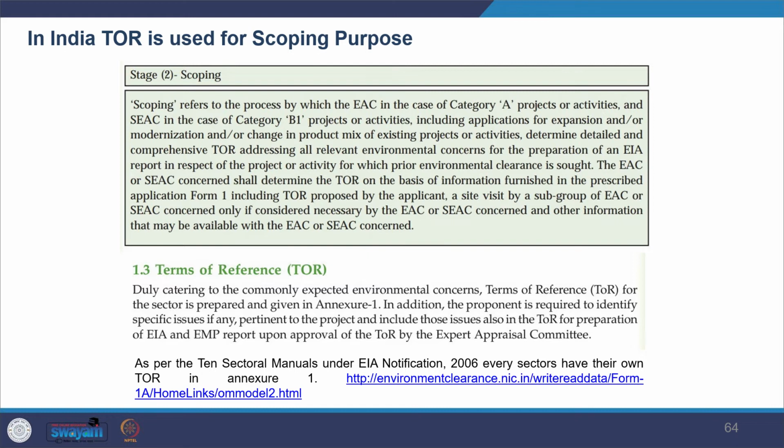You can see here that it has been given sector wise. Our usual terms of reference are given for each sector in our country. So how to undertake, what areas to be covered, what areas not to be covered for that particular sector is given in the manual. Then further you find European Union has published a detailed scoping checklist. You also see Environmental Agency has developed EIA guidance for particular types of projects. So that was about the scoping parts.